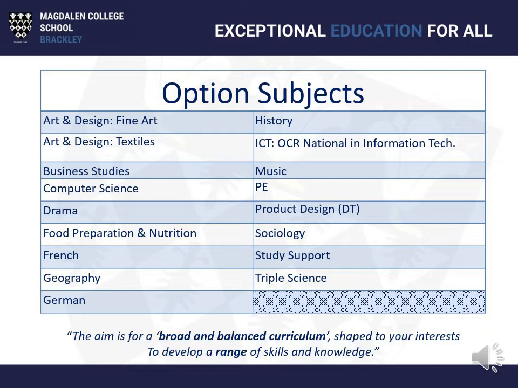However, if they then chose history, geography and sociology, there's quite a lot of difference in those subjects, but they're all humanities, and I might argue that actually, while they're all separate subjects, they're still humanities. That may not be the best broad and balanced curriculum that your child could choose. So there's no hard and fast rules. It's based on the combination of subjects, and if there are issues I will come back to you with questions or concerns, but I'll speak to you as well as your child.